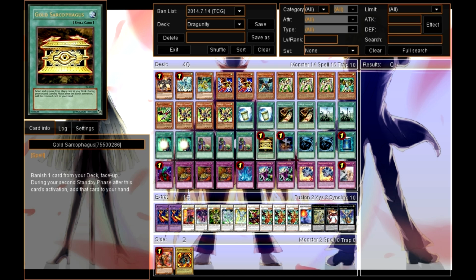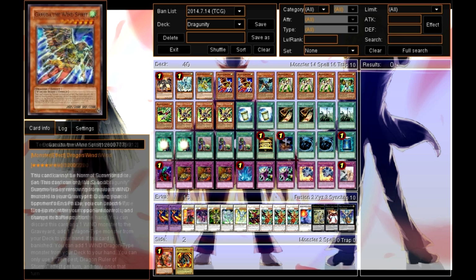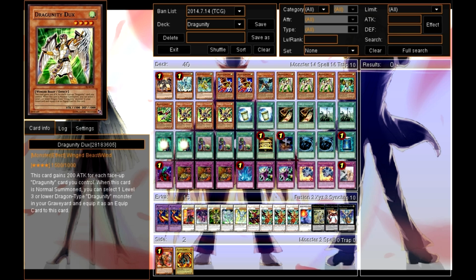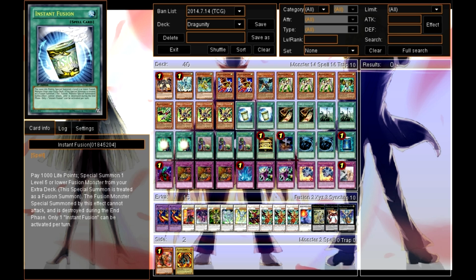But yeah, whatever you need in the graveyard, Gold Sark searches Tempest really, and if you've already used Tempest, it can be used to search anything else you really need at the time, usually Dux. 3 Upstart, because why not? 2 Soul Charge, because why not? Instant Fusion, again, like I said with Garuda, you want as many...